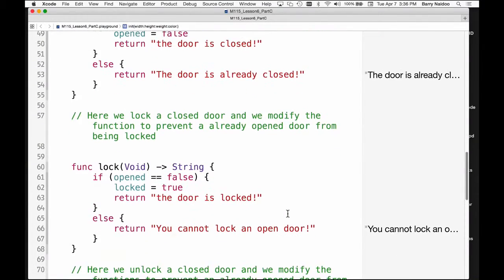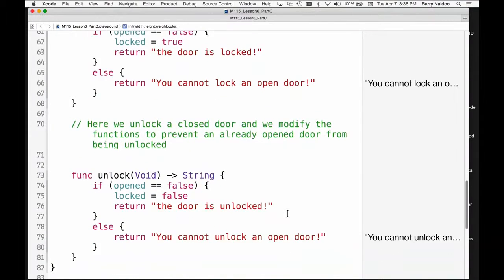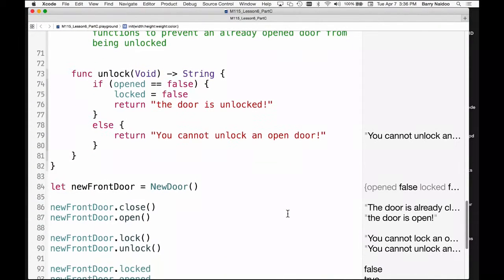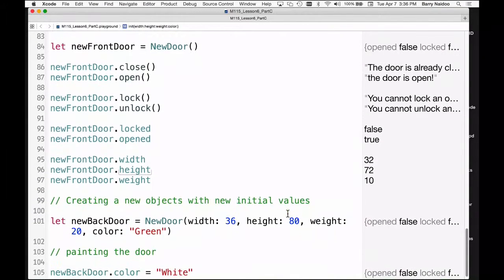Okay, that's the 4 functions. Now, once we've created the class, we now create objects of that class. I'm creating a new object called front door of the class new door, and I said to you, every object that's created, at the point it is created,